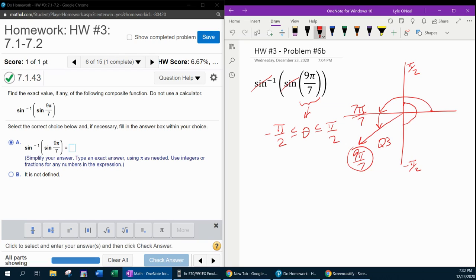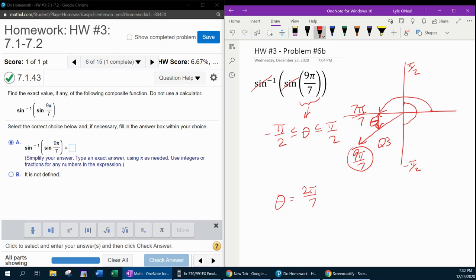And so what we're going to need to do is find the reference angle, determine the appropriate quadrant based on the sign of the trig function, and then that should give us our outcome. So our reference angle theta is going to be the distance from the x-axis to 9 pi over 7, and that is 2 pi over 7. Do you understand that? To get from 7 pi over 7 to 9 pi over 7, you have to go